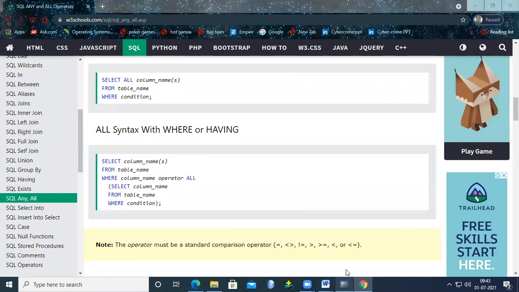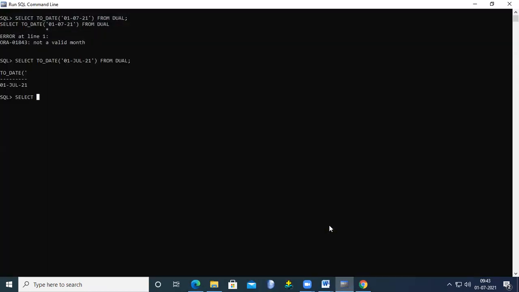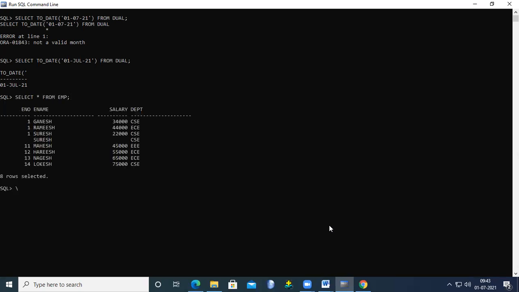Now we try to see that. For example, we try to display select star from EMP. Some of the employees are there. Who is having the highest salary?